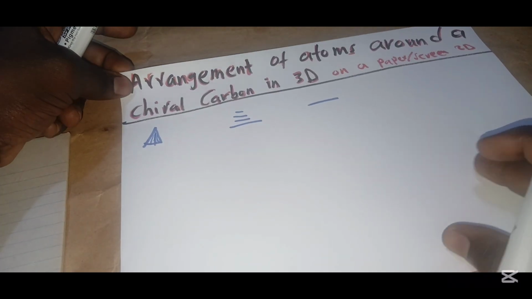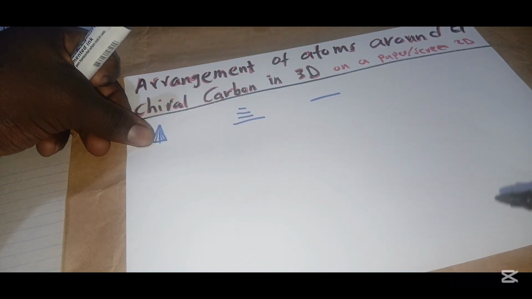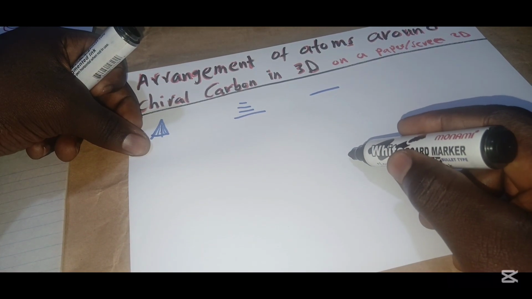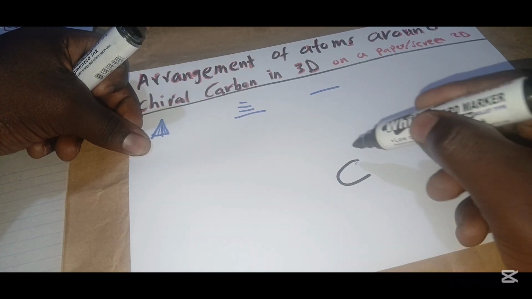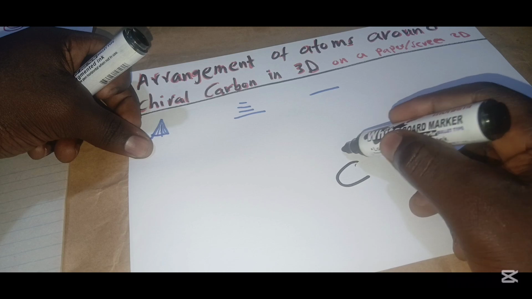Before we continue, let's look at what a chiral carbon, or a chiral atom, is. A chiral carbon is a carbon with different groups attached to it. Say